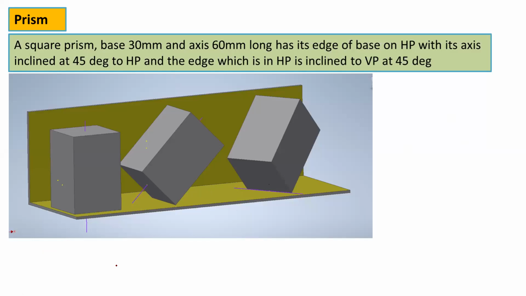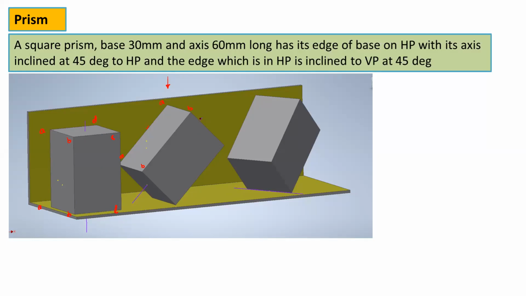So here you can observe in the second stage, if you observe from the top direction, then this is the visible edge. This is A. So edge AA, that is a vertical edge, it will be visible from the top view. Then the second vertical edge, that is BB, it will also be visible.